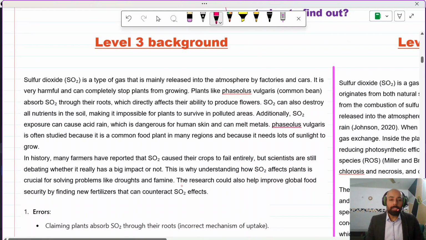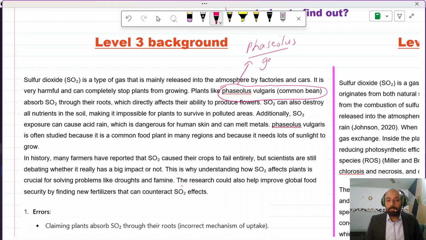Sulfur dioxide is a type of gas that is mainly released into the atmosphere by factories and cars. It is very harmful and can completely stop plants from growing. Plants like Phaseolus vulgaris, common bean. Okay, this is the first error the student has made, right? As I told you, the first name has to be written with a capital letter, and the first name is the name of the genus, right? And the second name is the name of the species, vulgaris. And it has to be written in italics,